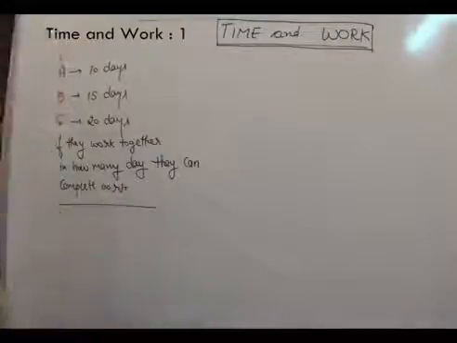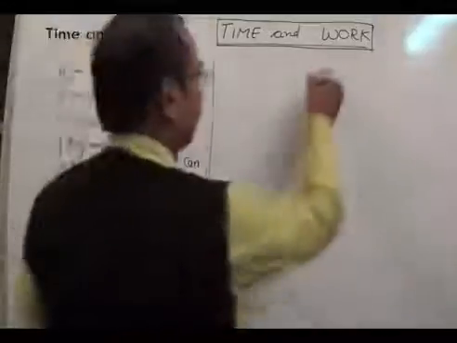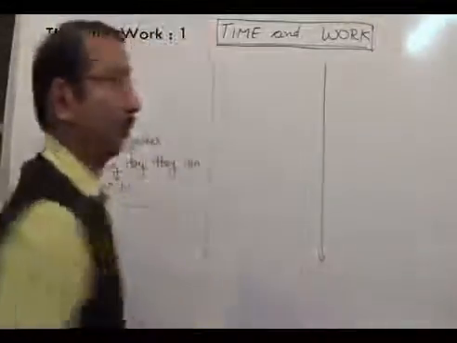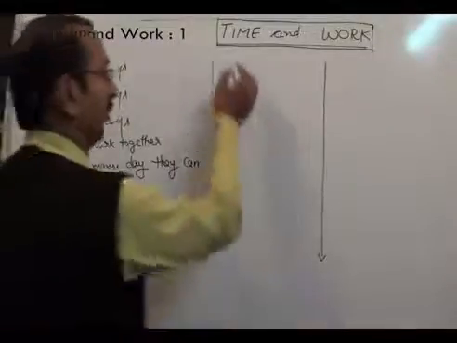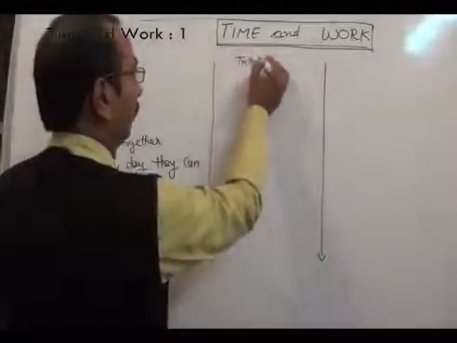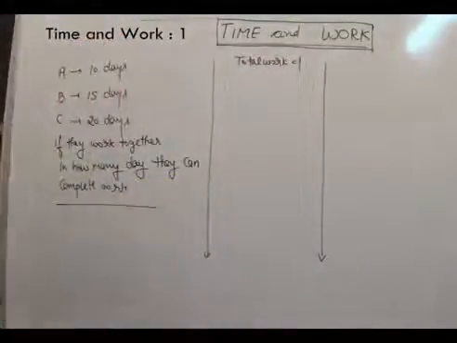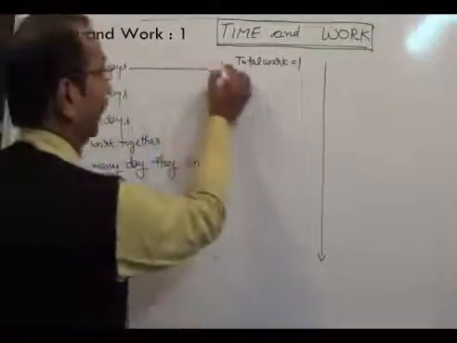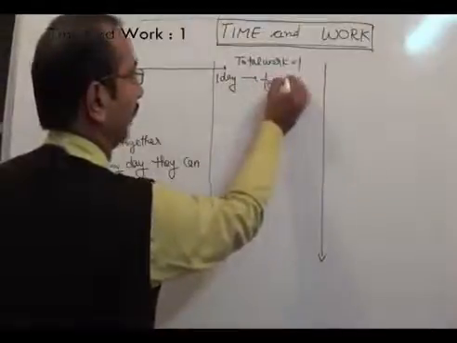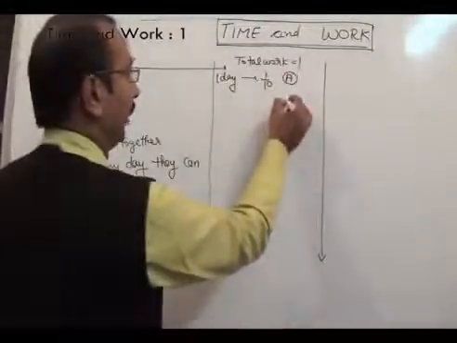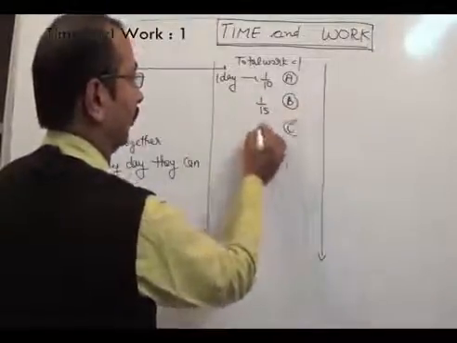For answering these types of questions, we have two approaches. The one approach that we have somewhere learned in schooling, and the second one I will tell you. The first approach is one in which we assume our total work equal to 1. It means A can do one work in 10 days. In one day, he will do 1 by 10 of the work. Similarly, B can do 1 by 15th part of the work and C can do 1 by 20th